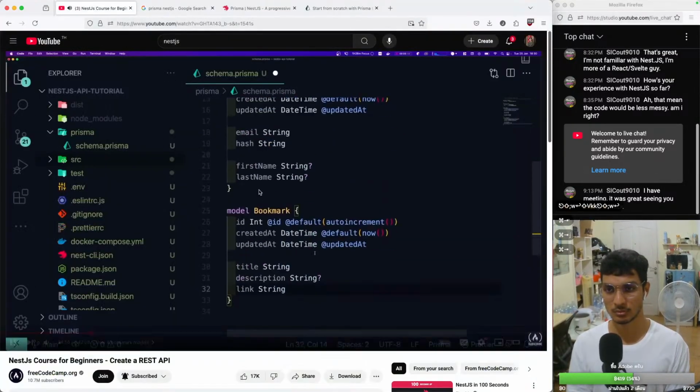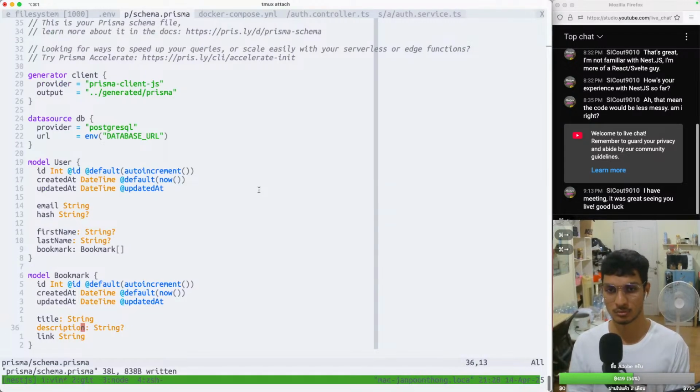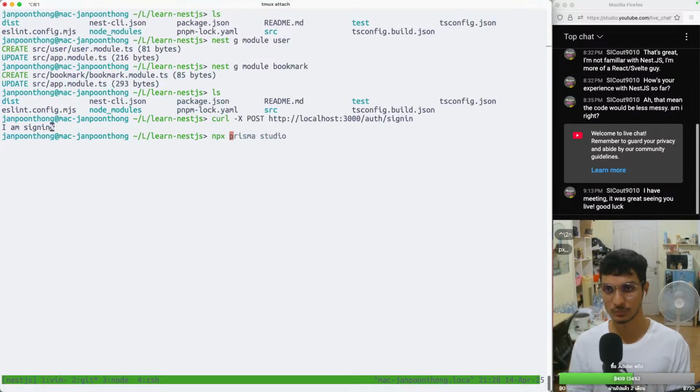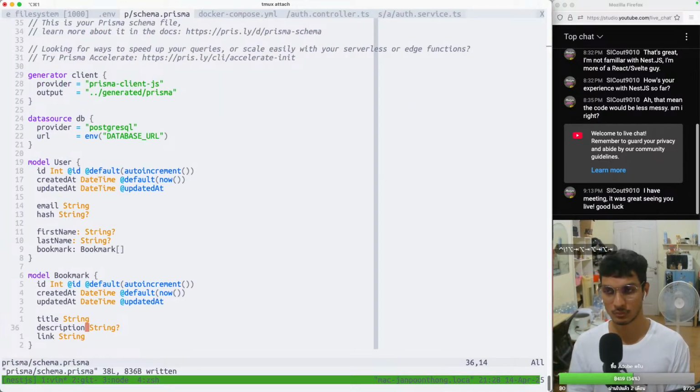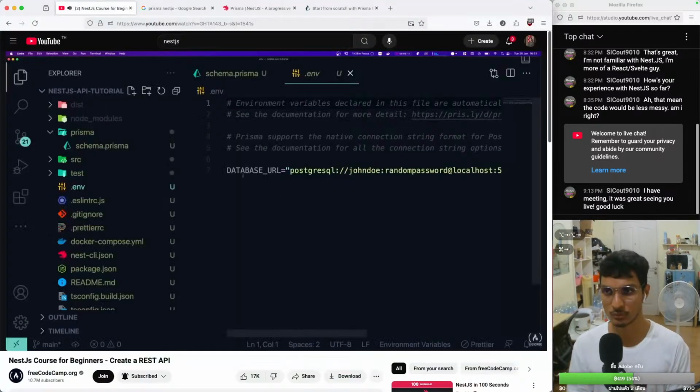Here we go. We have created our two models. We save the file, and now you see it auto formats it nicely. Then we need to add the database connection string to our